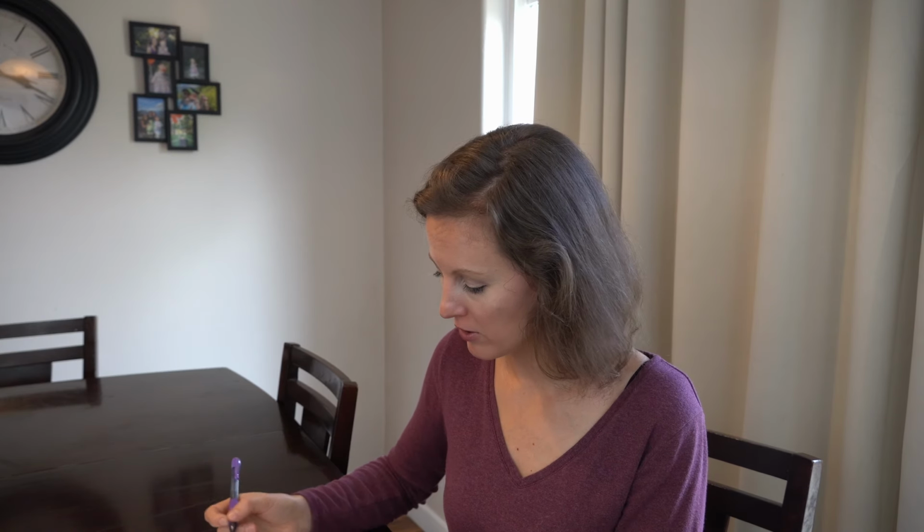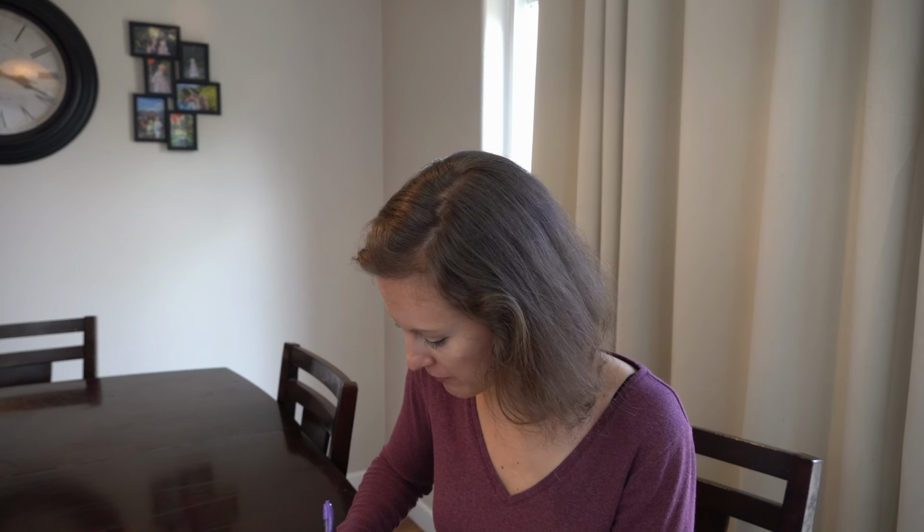Especially now that the kids are starting to do more of the chores, I can start doing some of those things that I didn't used to do when they were little every week, but they're nice to do. So as the chores get distributed, you can always do additional things, or you can just have more free time, whatever you prefer to do. But I'm going to put clean microwave